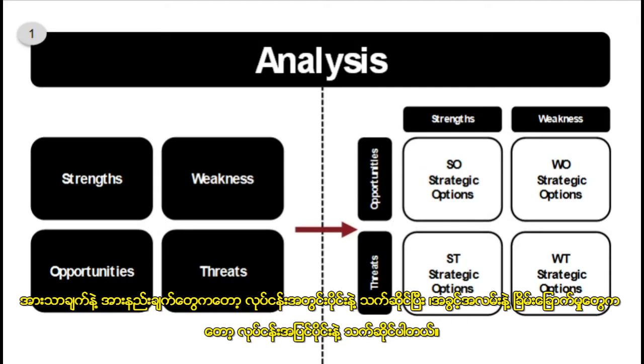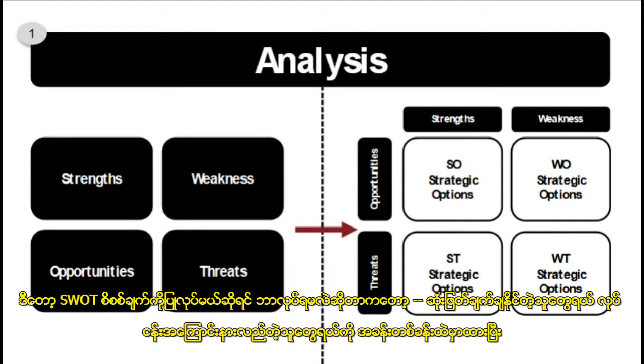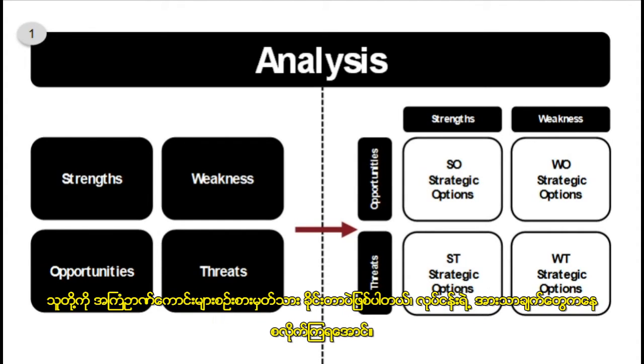Strengths and weaknesses really focus on internal elements of the business, and opportunities and threats focus on external elements of the business. So what we're doing when we engage in a SWOT analysis is you bring together the decision makers and people who understand the business into a room, and you ask them to